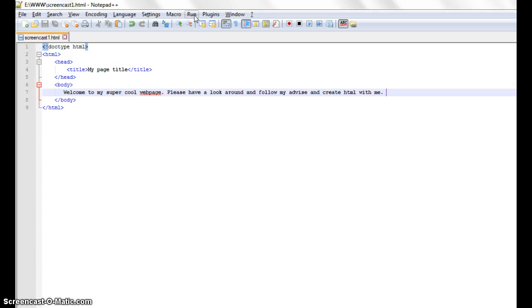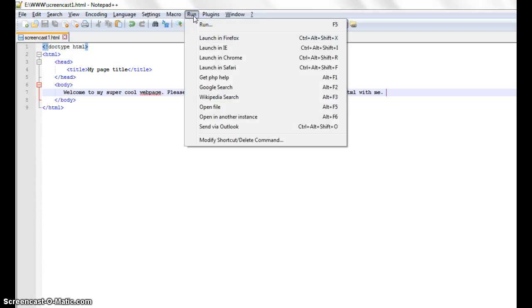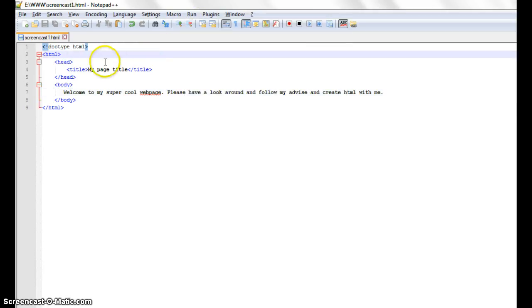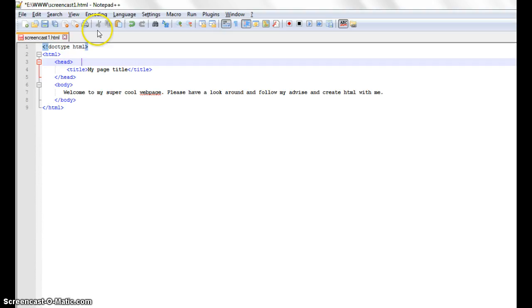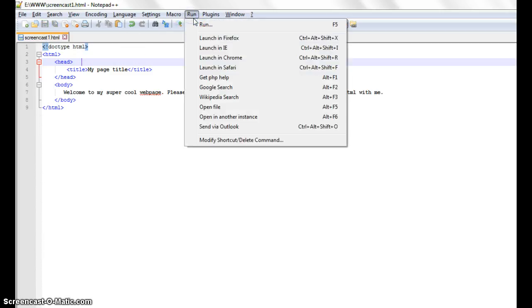But before we do that, there's one thing I've forgotten to do. We must always, when we're making any changes to this document, save it, otherwise no changes will appear. So save. Now we can go to Run, launch in Internet Explorer,